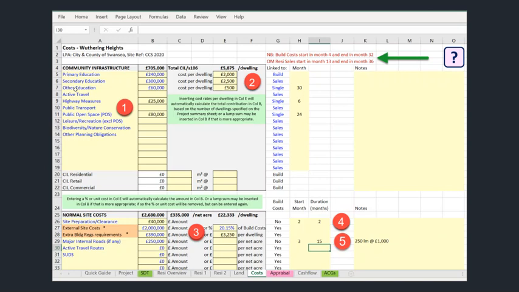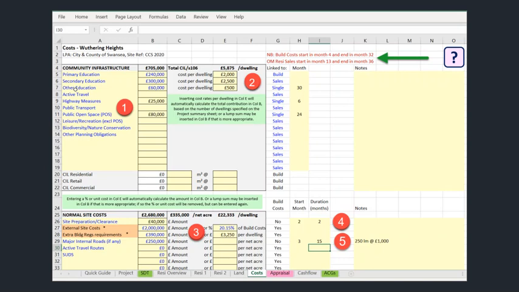Equally, you could insert a total figure in column B without using the cells in column E. There is space down the right-hand side of the page where you can make notes, explaining, for example, how your figure in column B was calculated. Note that in column G there is a facility to determine the months in which these costs will appear in